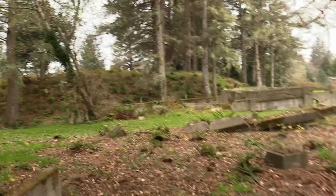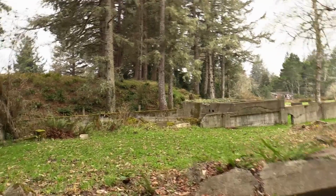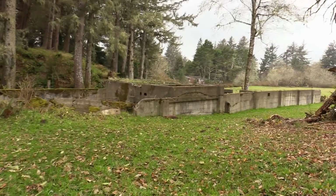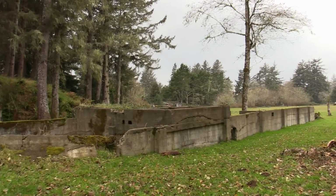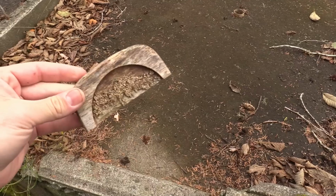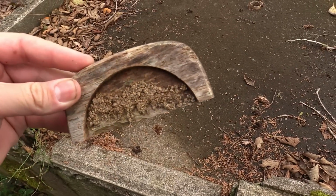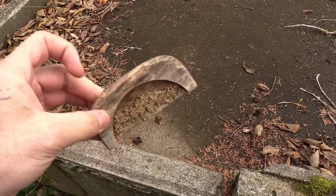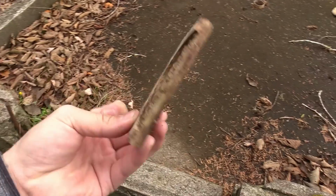And then there's more foundation here without a name sign. So it could have been part of the gymnasium, maybe a locker room or change room or something. But there's no sign on this one. These old facilities, there's not a whole lot left to find. We did find a wood piece of something with cork inside it. If anyone has any ideas, we're right beside the old gymnasium still, so would love to hear what you think